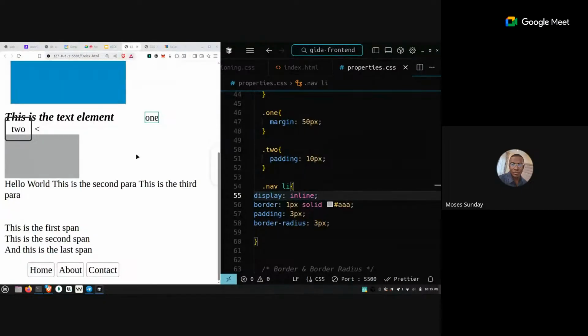So for layout, when we are altering how things are being laid out in our application, we have two basic ways we can go with. We can go with block layout, or we can go with inline layout, right? So I want us to look more on